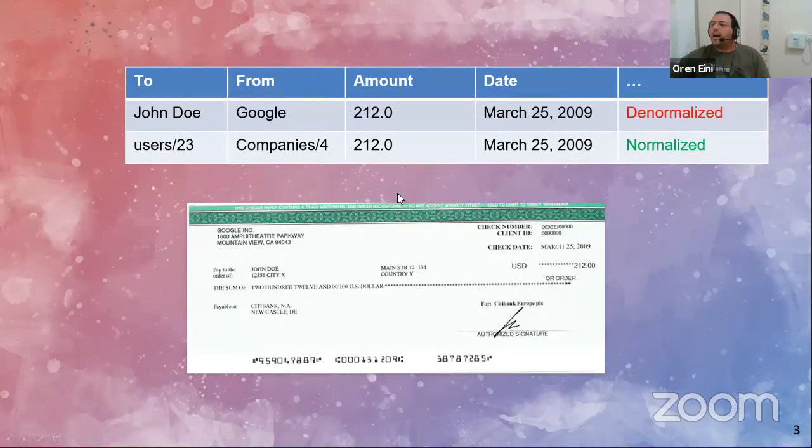Here you can see that there are two ways that I can model the data. On the top row, I have the data stored as is, just as it appears on the paycheck. On the bottom, I'm storing